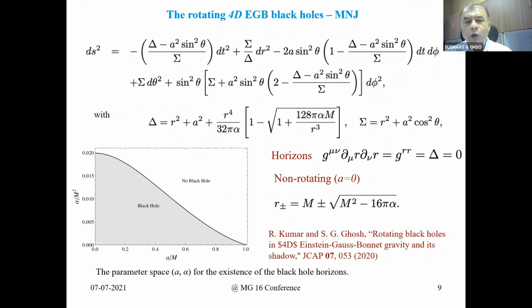The Galvan solution also attracted a lot of criticism, but we found that for spherical symmetry, it is fine. When you consider spherical symmetry, it is fine. You take any method. There were various methods. After criticism, various methods were proposed for the 4D EGB solution, but all those methods give exactly the same solution as the Galvan-Lin solution. So this spherically symmetric solution is exactly fine. But when you have departure from spherical symmetry, some people have shown there can be a problem.